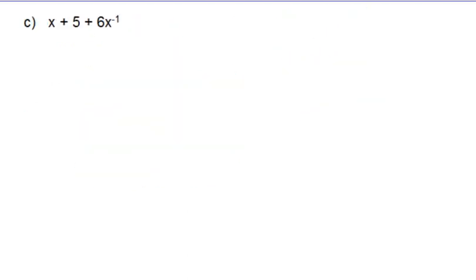Okay, let's see here. All right, here we have x plus 5 plus 6x to the negative 1 power. Well, what we have here is we have x to the 1 power, and we have plus 5x to the 0 power. When you have just a number by itself, that's x to the 0 power, plus 6x to the negative 1 power. And so our greatest common factor in this is going to be our lowest power of x, which is going to be negative 1. So we have x to the negative 1 power,